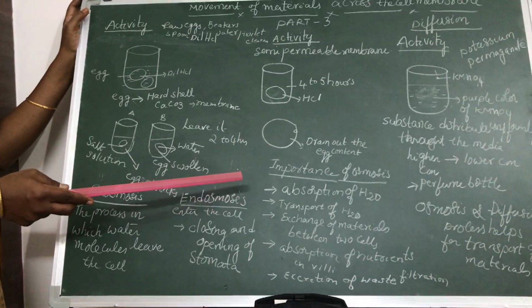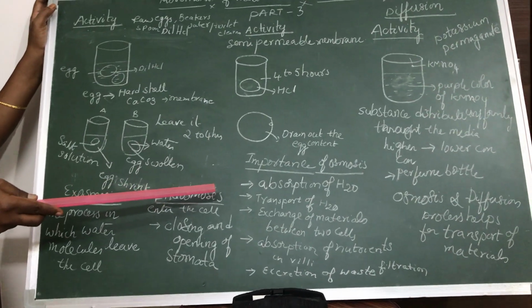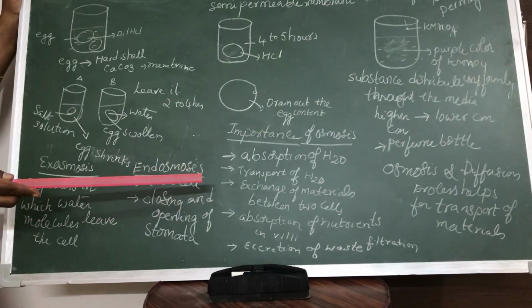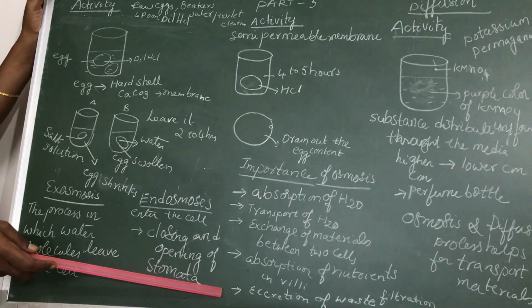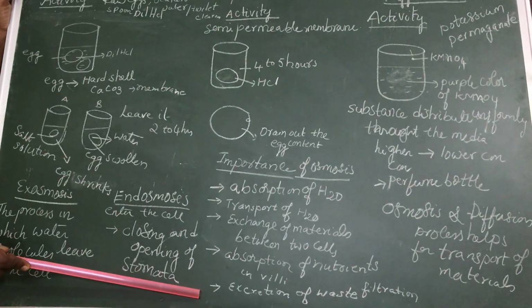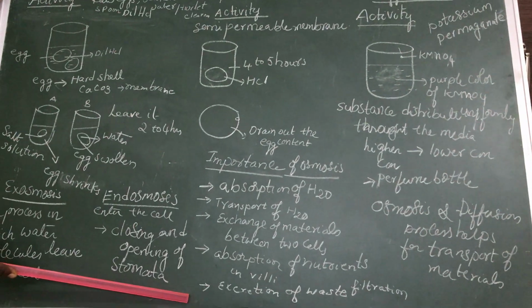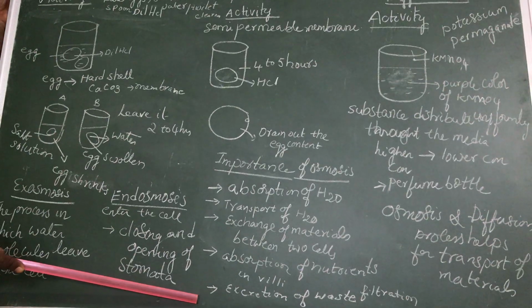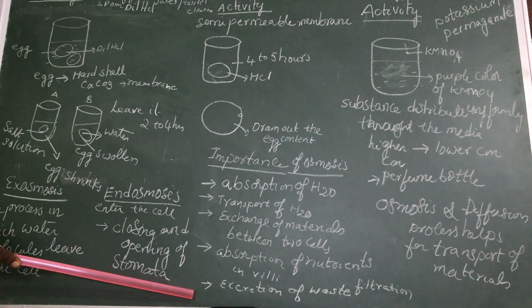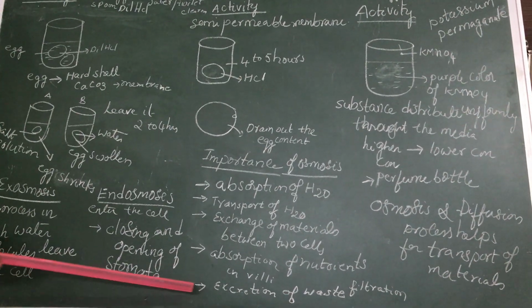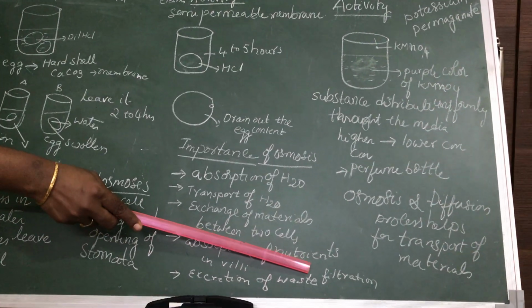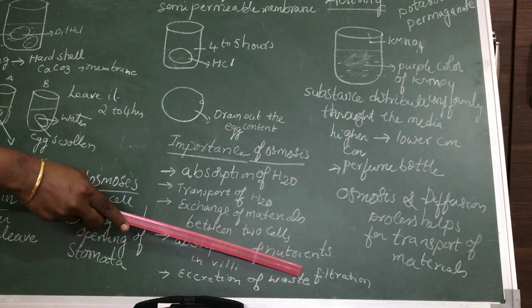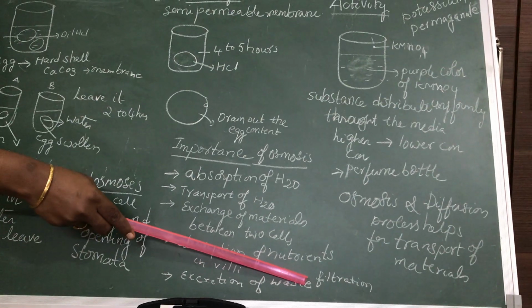From the villi, the blood will transport it to various parts of the body and it reaches each and every cell. Now coming to excretion, so many waste materials are formed in our body. They will be filtered in the kidney and then eliminated. If they are not eliminated, they become toxic and lead to the death of the person. The filtration of waste material that takes place in the kidneys is nothing but the process of osmosis.